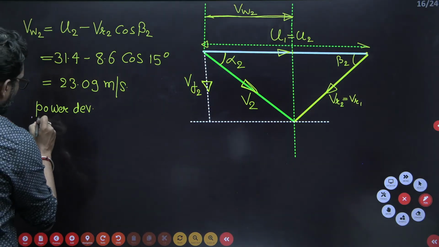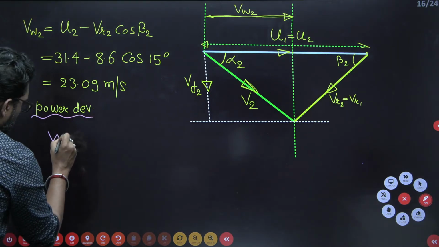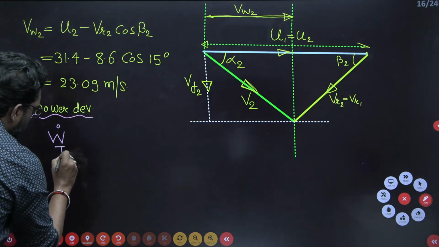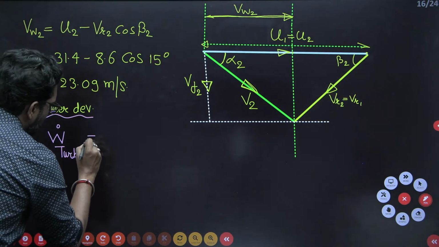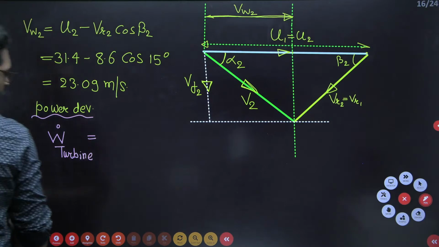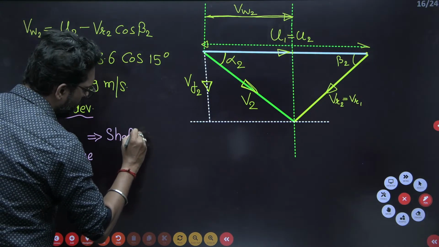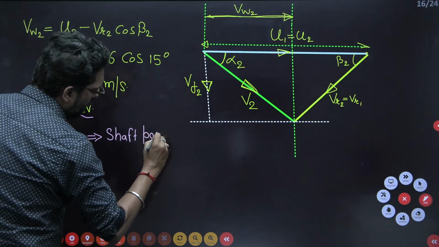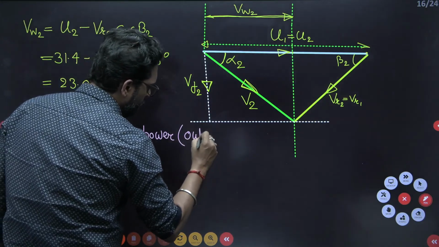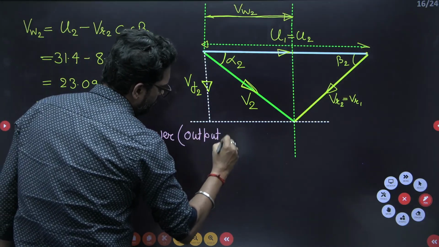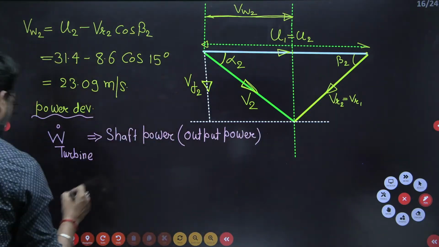So, power developed, that is also called shaft power. That means power developed by the turbine. Power developed by the turbine is your shaft power. What is called shaft power? That is also called output power, and this is equal to